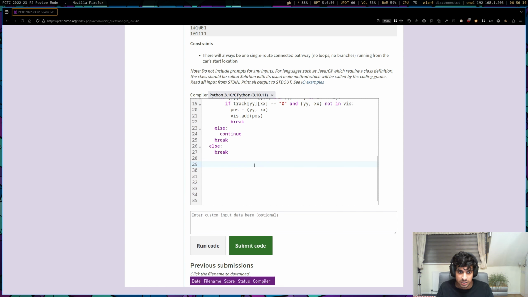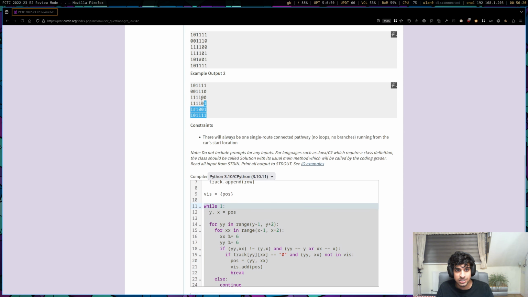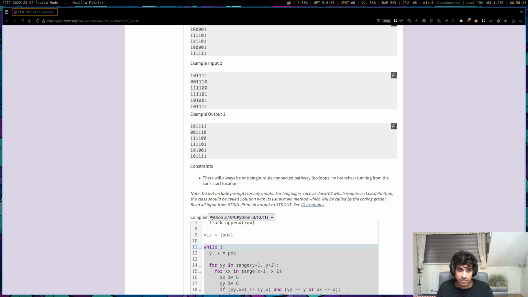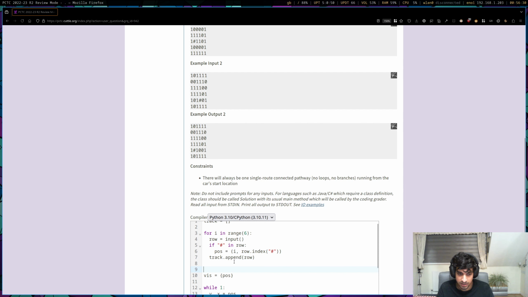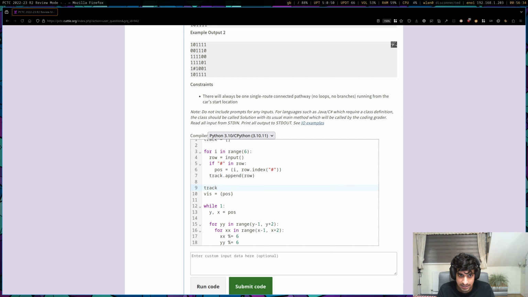Okay, so we basically reached the end of the track now. Now what we need to do is print off the track where our hashtag ends. But bearing in mind, we also need to remove where it's begun. So where it's begun, we need to replace the hashtag with a 0. And so let's just do that at the start of the code. Let's take our track variable and let's replace the starting position, which is this,